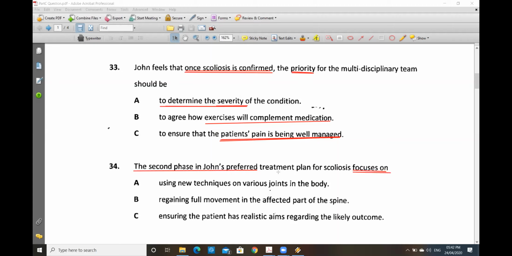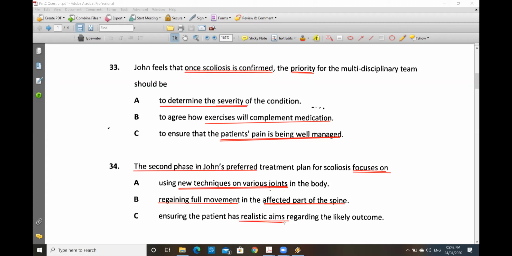Again, you try and highlight words that help you differentiate answer choices from each other. So, new techniques on various joints. Do we use new techniques on various joints? Are we trying to regain full movement, only affected part of spine? See how you can differentiate A and B: B is specifically the affected part of the spine, whereas A is various joints. And C says ensuring the patient has realistic aims